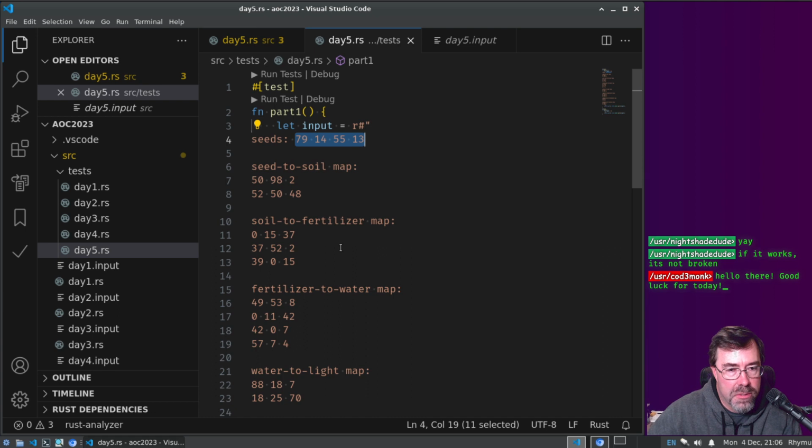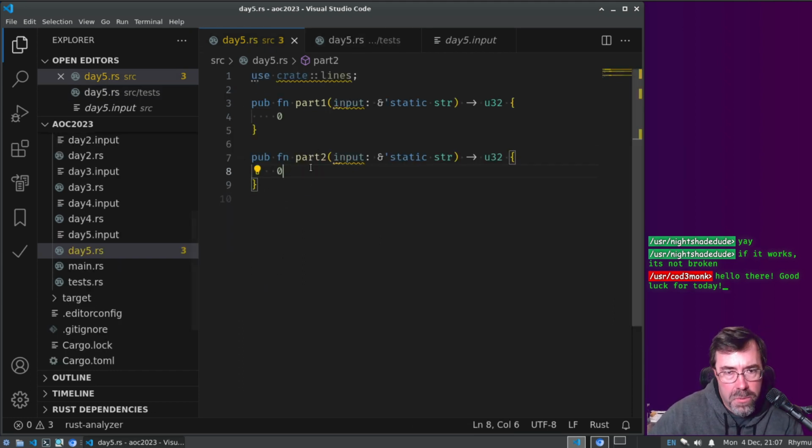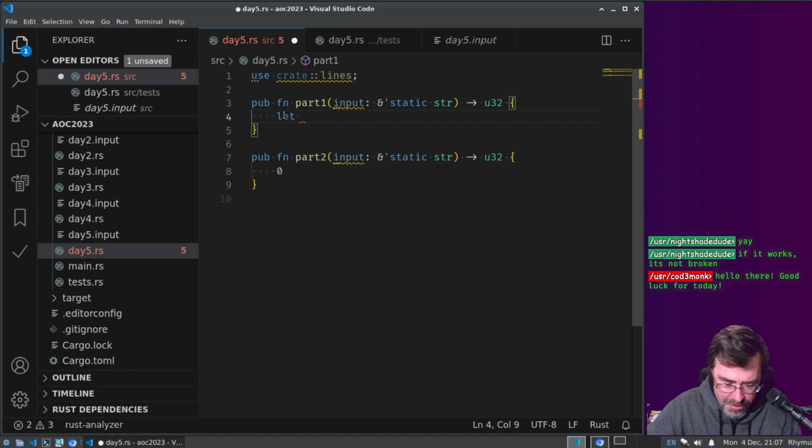Okay, so I think what I can do is, because we don't really care about these names, we can just read this first line and then immediately toss the next line. The blank lines are going to get skipped. So we want our numbers, nums, equal lines.